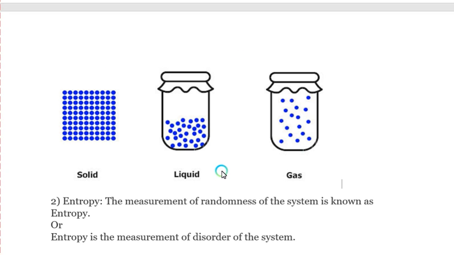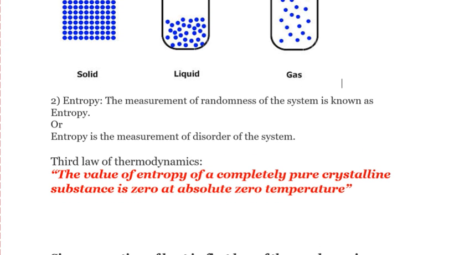Okay, so kung i-consider na naton ang third law of thermodynamics, maghambal ta third law of thermodynamics that focuses on the value of entropy of completely pure crystalline substance is zero at absolute zero temperature. Ano kuno? Ang value sa aton nga entropy sa pure crystalline is zero. Kung ang atong temperature consideration is absolute zero man. So, I'll explain to you this definition. Kabay pa maintindihan in this very simple way.